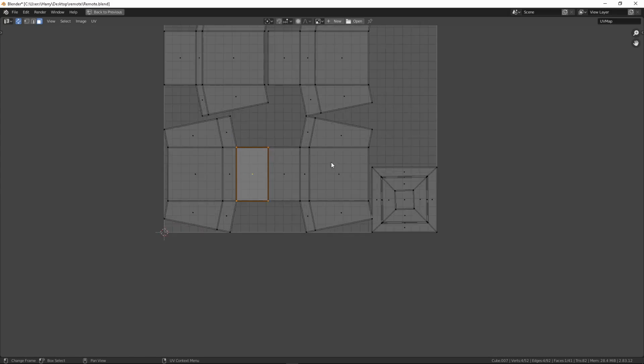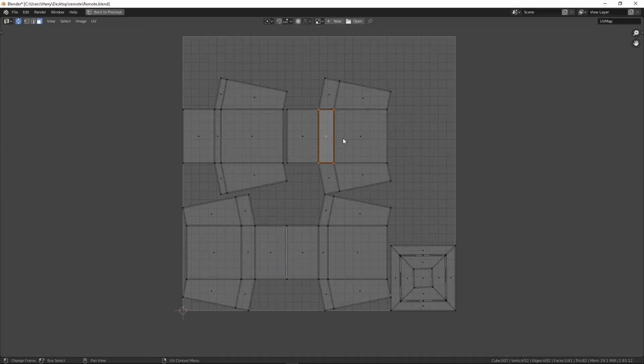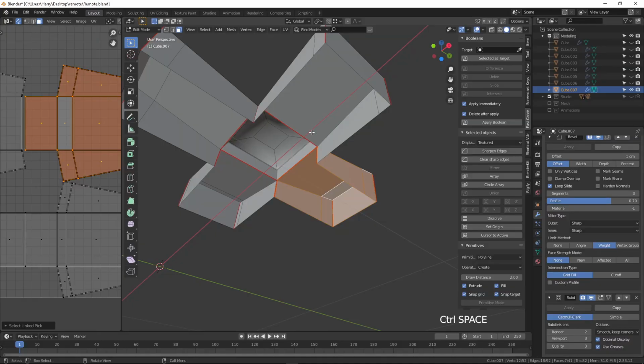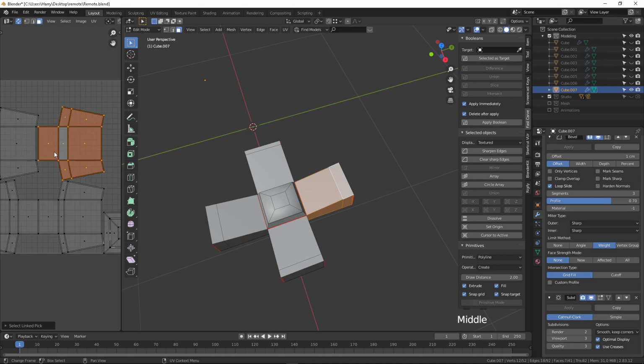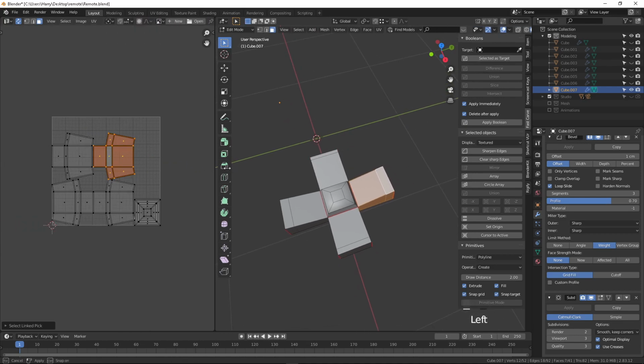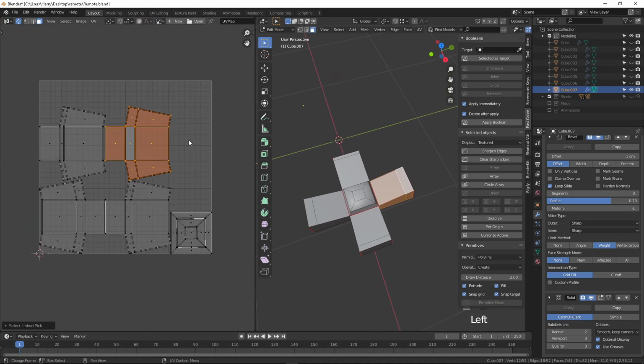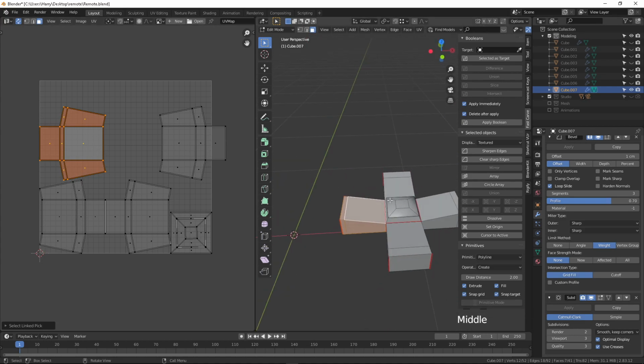Press Ctrl space to maximize it. Select this one, press L, press Ctrl space, and you can see its right side is there. So what I'm going to do, I make this one big, and I press R to rotate. I press Ctrl and rotate to the right angle, and press G to move to the right side. I select this one and press Ctrl. I press L to select everything.